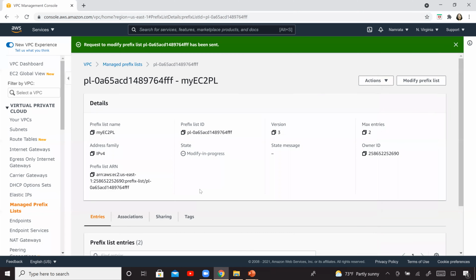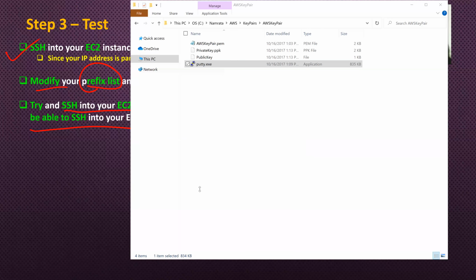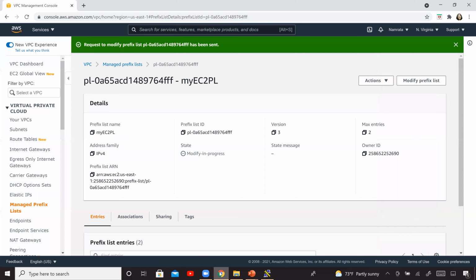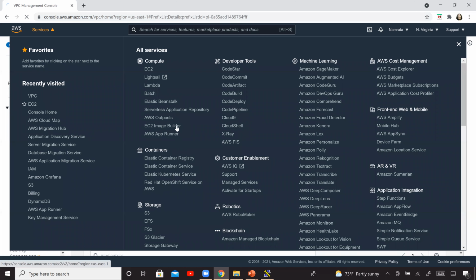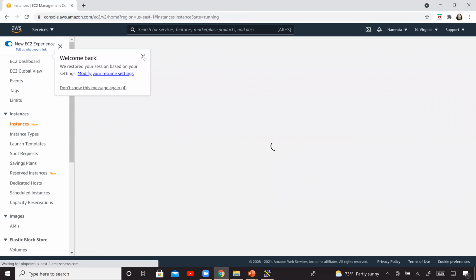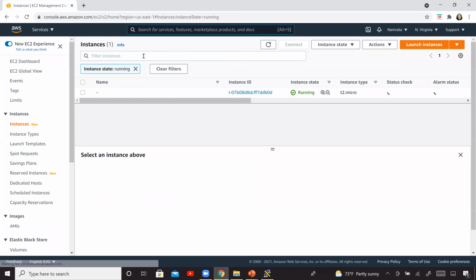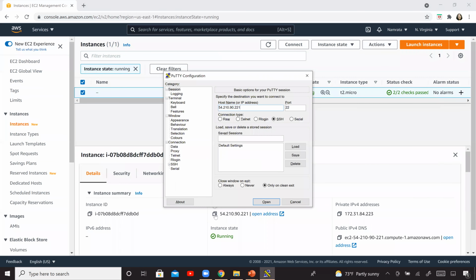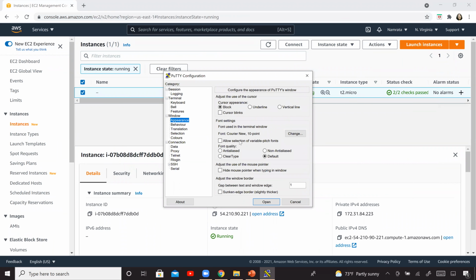Let's exit, go back here, and we will actually copy our IP address all over again and do a fresh connection, or try and at least connect, let's put it that way, right, to our EC2 instance. So this is a public IP address. Paste it right there. Change.